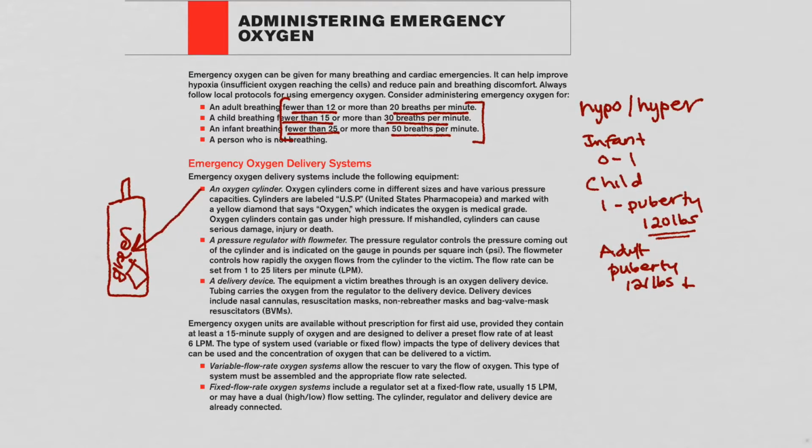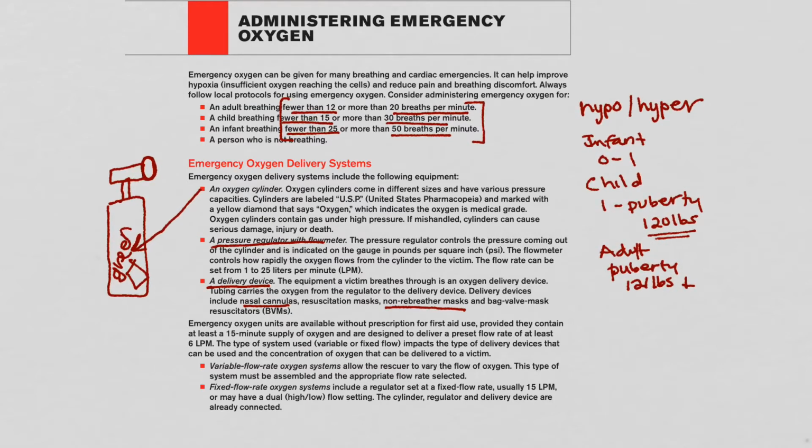Then the next thing that we're going to have is a pressure regulator with a flow meter. That pressure regulator is going to basically attach here and have a handle on it, and this knob can actually be turned, and this is what we call the pressure regulator with the flow meter. And then the last thing that we should always have associated with our oxygen device or cylinder is going to be a delivery device, and those delivery devices will vary depending on your site. Most often what most oxygen bags will have is a nasal cannula, which is the most common delivery device for conscious patients, and then your non-rebreather mask, which can be used for conscious and